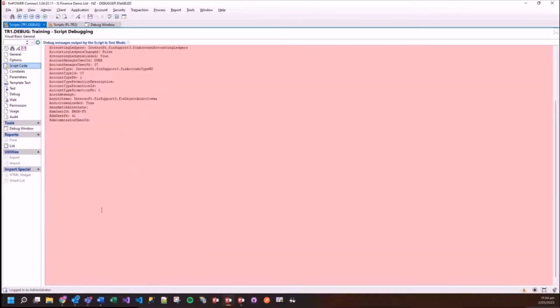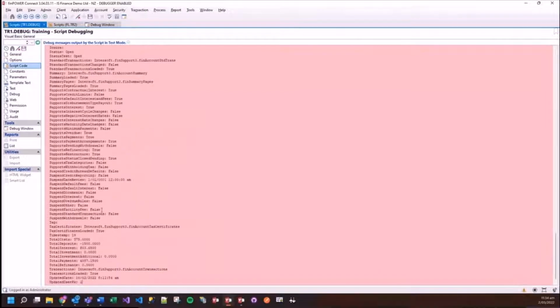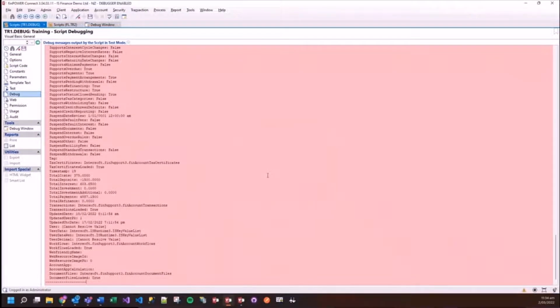If we run that one through, you can see it runs through that account, and all of the fields, properties, sub-objects, sub-collections are all listed out, including the values that have been assigned to that account. So very, very useful,